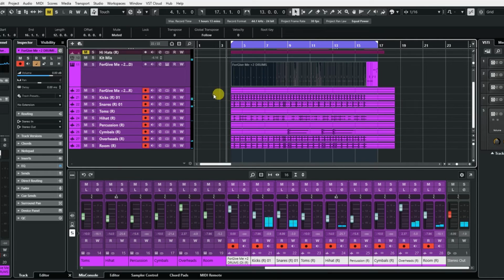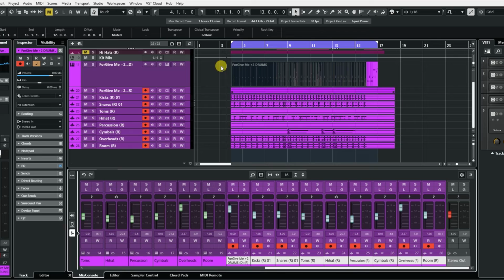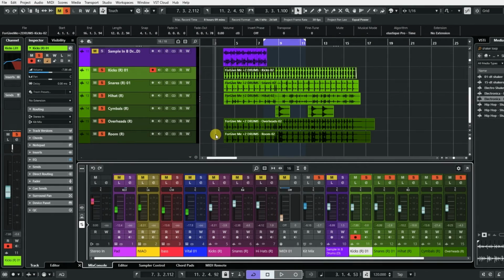Now, some of the lanes don't have anything on it, like the toms, so I can delete them, and I can delete these ones here that I don't need anymore, and I'm just going to color them up and tidy them up. Now, after I've tidied up all the lanes and got rid of the lanes that didn't have any audio on them, this is what I'm left with: my kick, my snare, my hat, my cymbals. I also have the overheads, and I have the room, and I have everything here on its own channel. If I just press play,